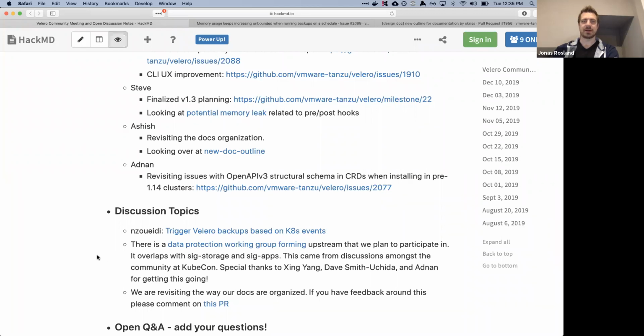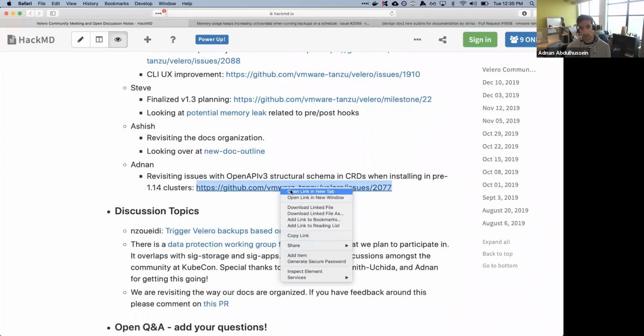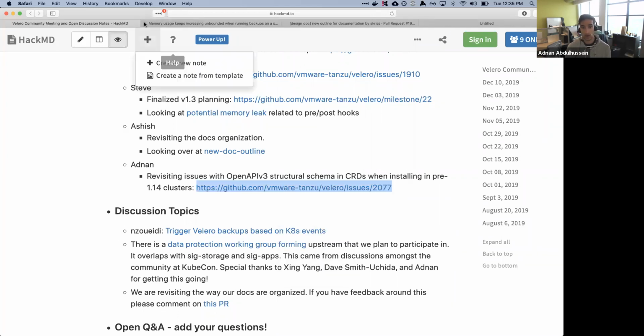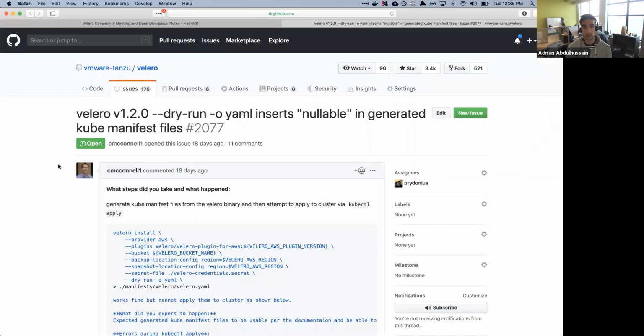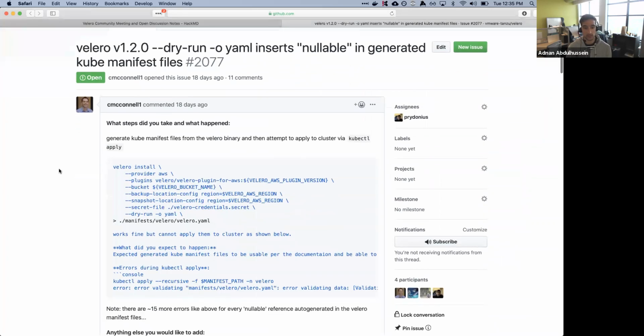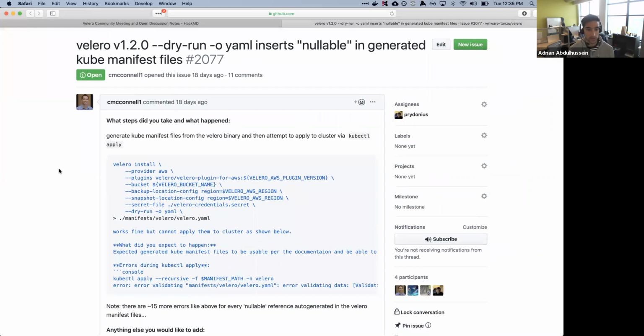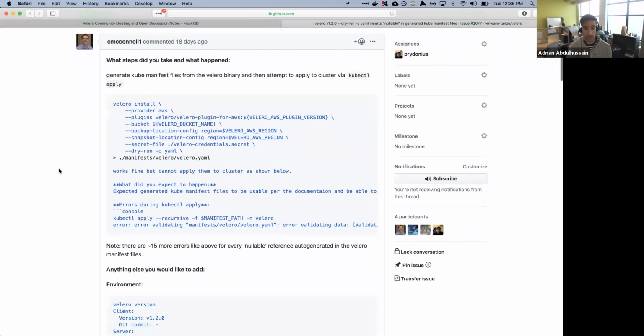All right. Adnan. Yeah, so I've been taking a look at some of the issues that we've been seeing around the structural schema support in CRDs, specifically in 1.13 clusters. It seems like the issue is related to kubectl's client-side validation. This user is generating a manifest using Velero install and then passing it to kubectl apply, and then they get a bunch of errors based on that validation.